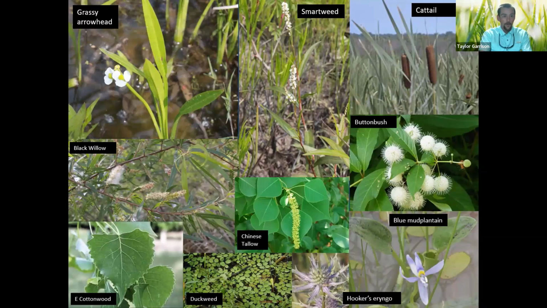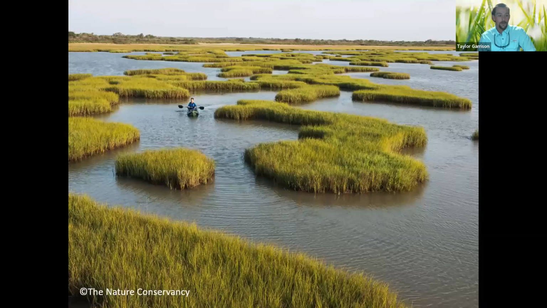So moving on to another type of marsh: tidal marshes. Along the Gulf Coast, we have what we call a high tidal marsh or a low tidal marsh, depending on how close it is to the shoreline. Those can also be brackish, freshwater, or saltwater, so we have a mix of water types depending on the placement of that tidal marsh along the Texas Gulf Coast. This particular example is from Powderhorn WMA, one of Parks and Wildlife's new WMA purchases or partnerships with the Texas Nature Conservancy on the coast.